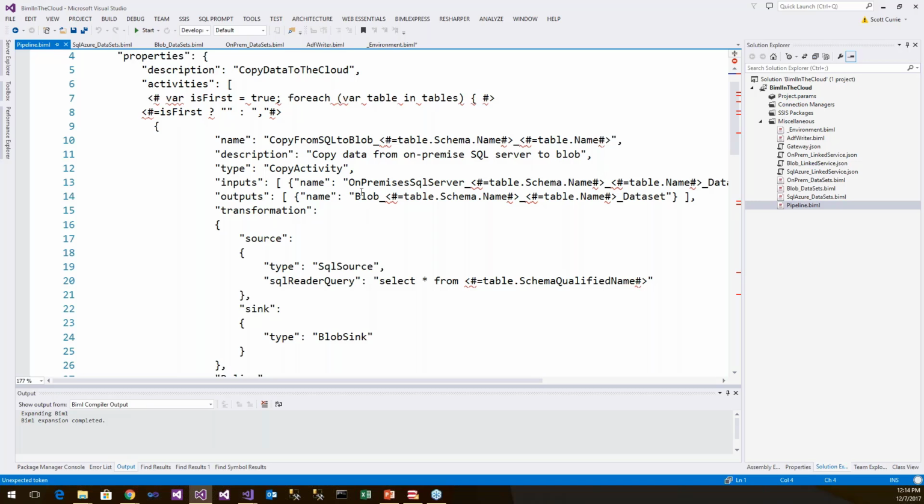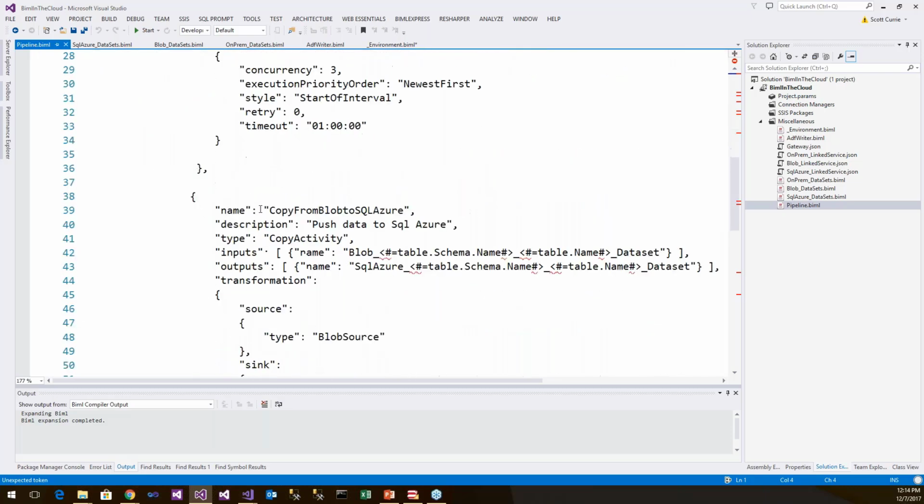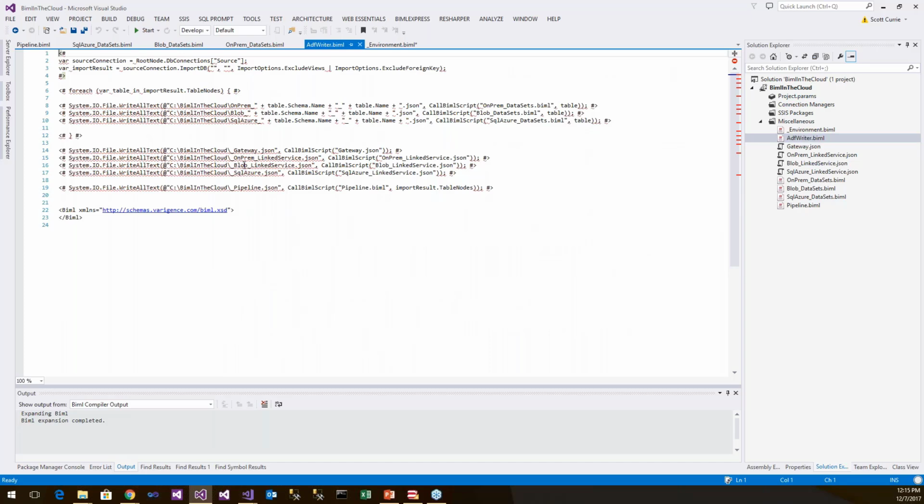So how do I get my JSON out of this? Well, we have to have this one central file called the ADF writer. And this file will say, go ahead and connect to my source system. This is essentially doing staging. Connect to my source system, go and get the schema for it. Then for each of my tables, and here's the trick to it, I use